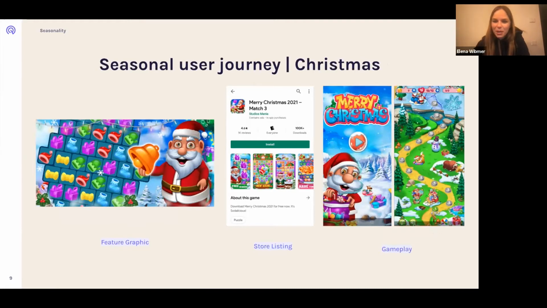Another example here is going into the game section. It's an example from Studios Mania, how they optimized for Christmas. I will not dive too much into it now because Thomas picked that app within his live app review, but I just want to give a short preview here because I think they have also done it very well in terms of how they appear with the feature graphic across the store, which is already teasing that there is kind of Christmas content in the app. And then they have in the store listing the preview, and in the end also the gameplay is optimized on the features and on the content that is really focusing on Christmas mode, so to say. So a really cool example here, and Thomas will dive deeper into reviewing it.